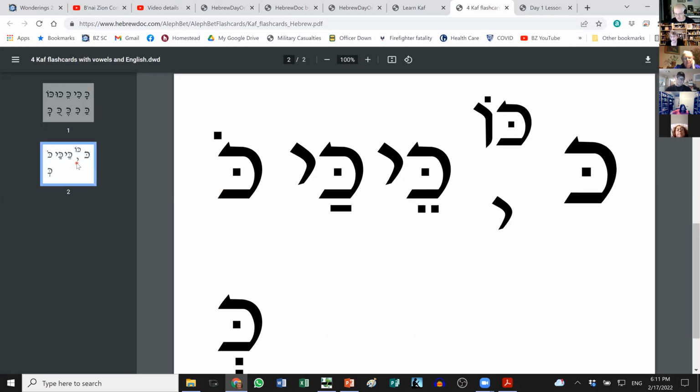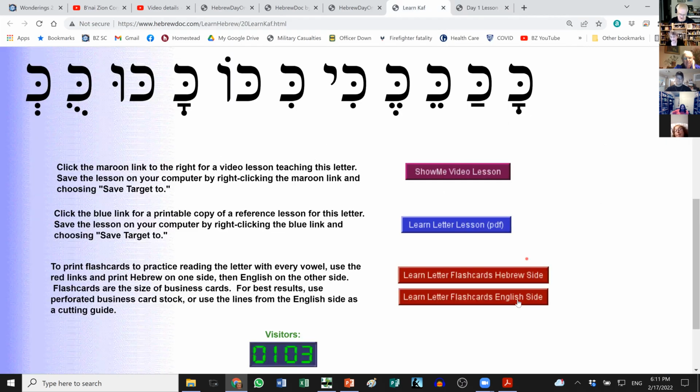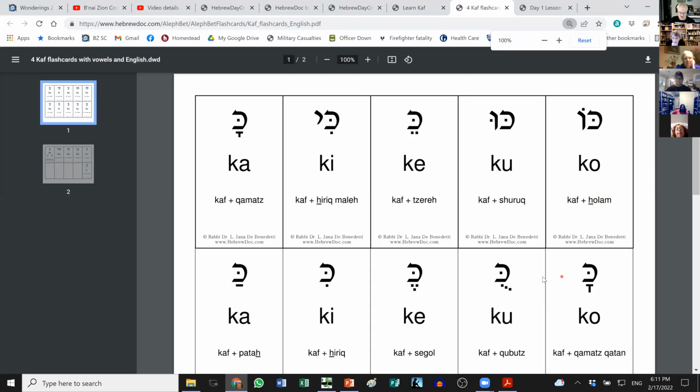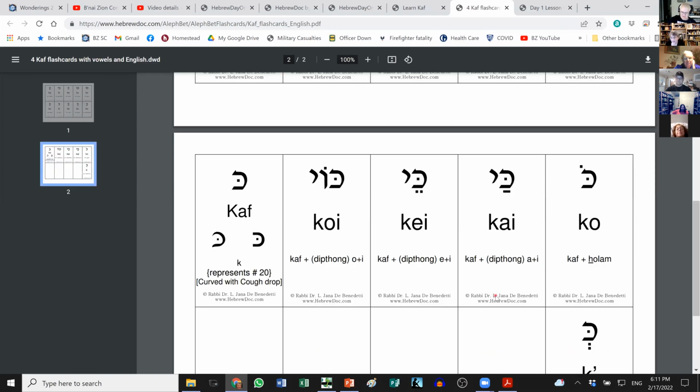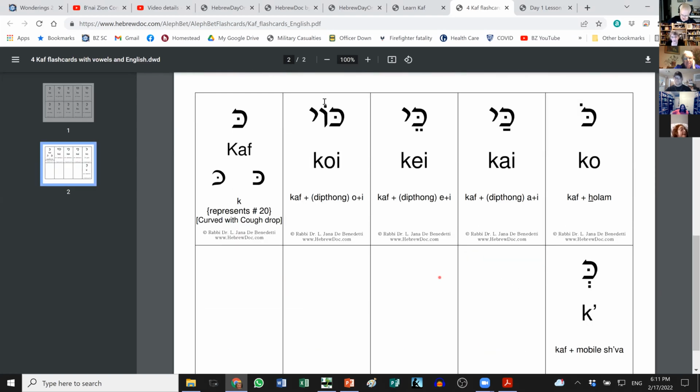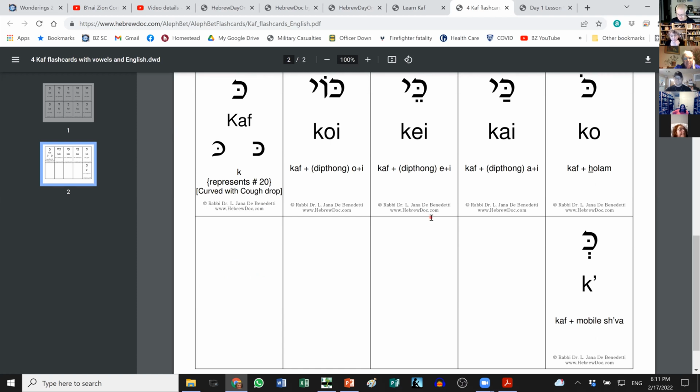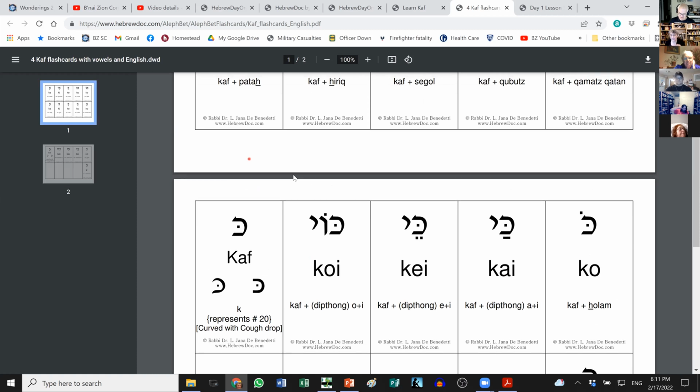Oh, that does not look good. What happened there? That shouldn't be like that, should it? No, nobody told me that. And then the English side, that should not be messed up. That should be fine, right? Yeah, that worked out fine. It should have looked like this. I don't know what happened there. When you turned it into a PDF and posted it, it didn't work. We'll have to try to remember that. I'll go through and look at them. But anyway,